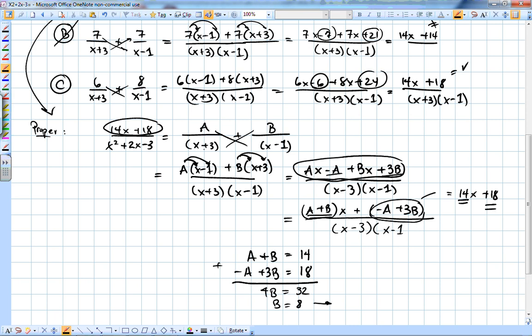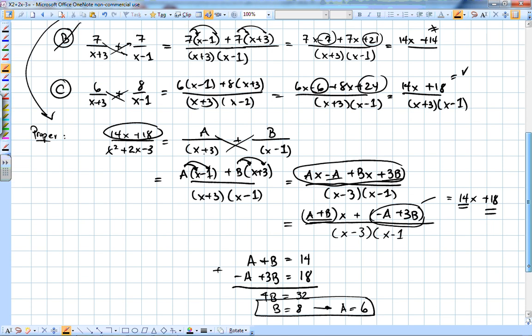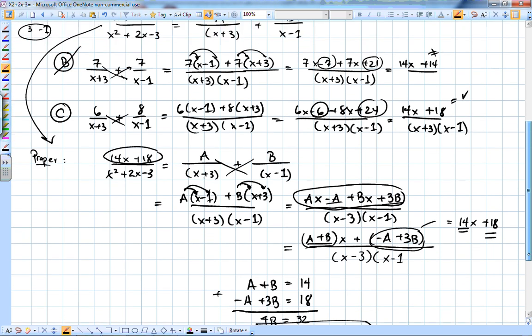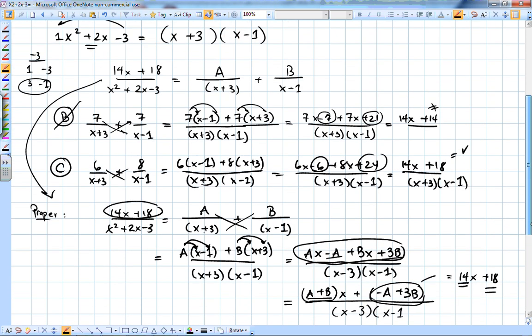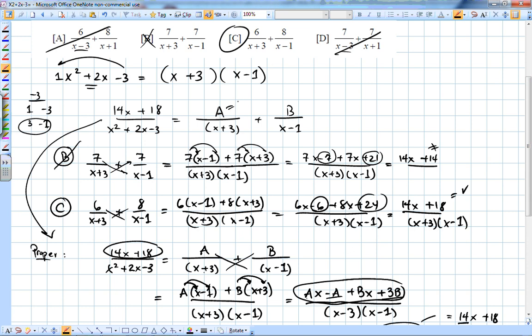And then from here, you can substitute that back into any equation. A plus 8 is equal to 14. I should get that a is equal to 6, which gives us that the number in front, the a is 6, the b is 8. Just go ahead and go back to this again. This is 6, this is 8, which gives us answer choice